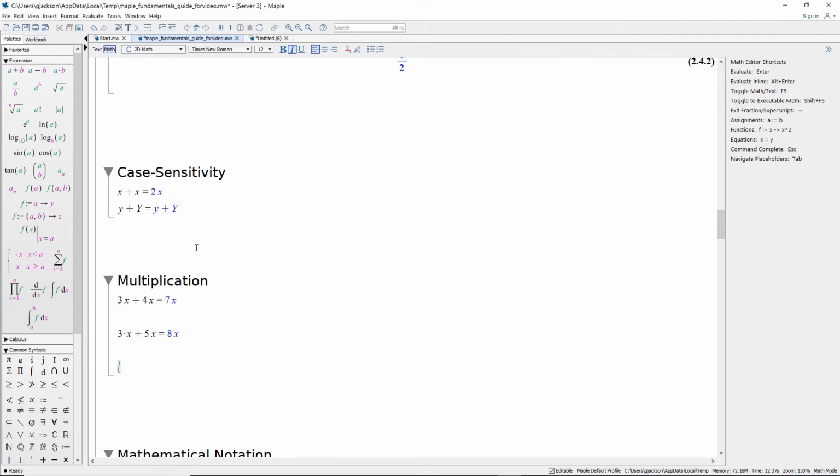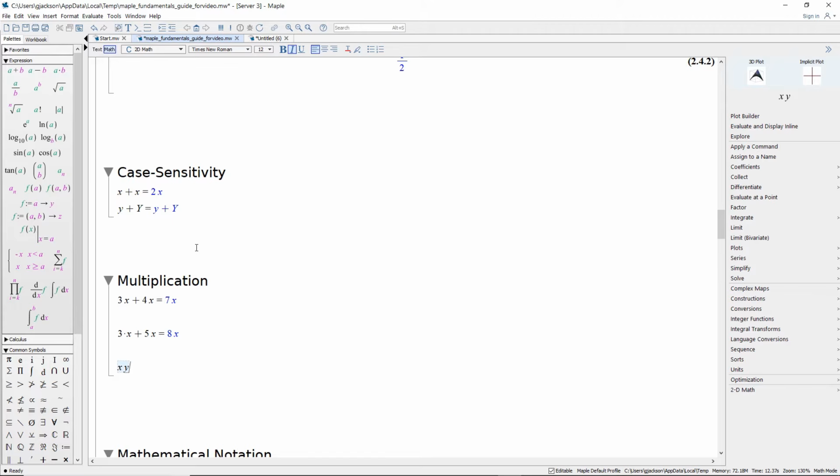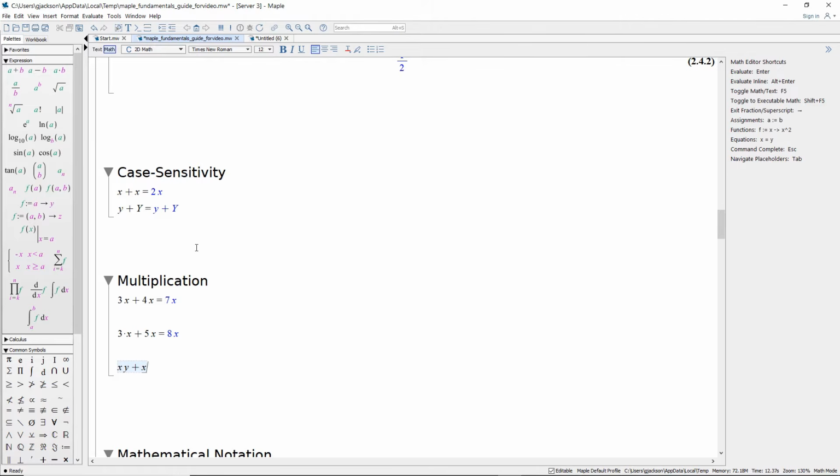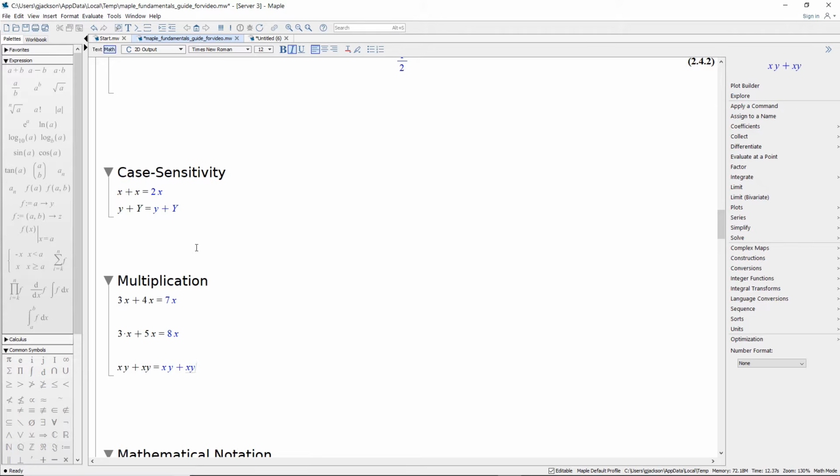But where you need to be careful is if you're having variables that are multiplied by each other, then you need to understand whether or not you're telling Maple that, say, the variable xy is supposed to be x times y, or to be just simply a new variable. So let's just say we put in x space y, where space is another way to imply multiplication, and then we plus that to xy. I didn't put in any asterisks or space. If I look at the result there, you see that there's nothing simplified because Maple treats xy as a separate